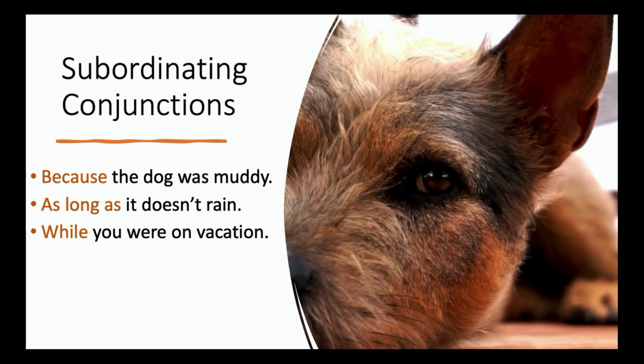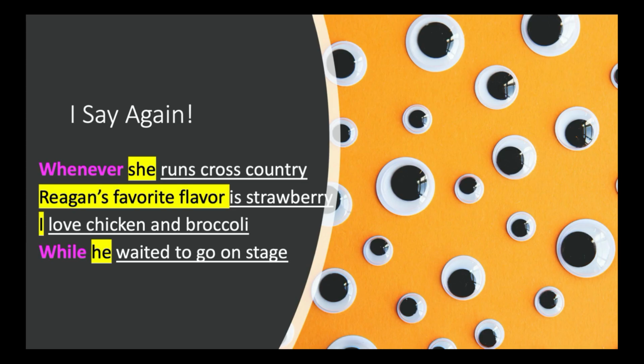Because the dog was muddy. As long as it doesn't rain. While you were on vacation. I say again, when you identify a subject that also has a predicate, you have to look for any subordinating words that come before the subject. These subordinating words turn what could have been, but isn't, an actual sentence into just a different part of speech